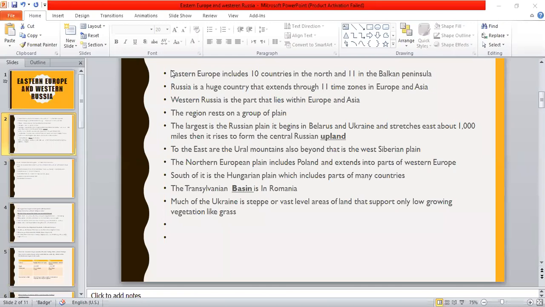The Black Sea actually plays a very strategic role in the region. Why does it play this role? Because the Black Sea separates Turkey from Ukraine,